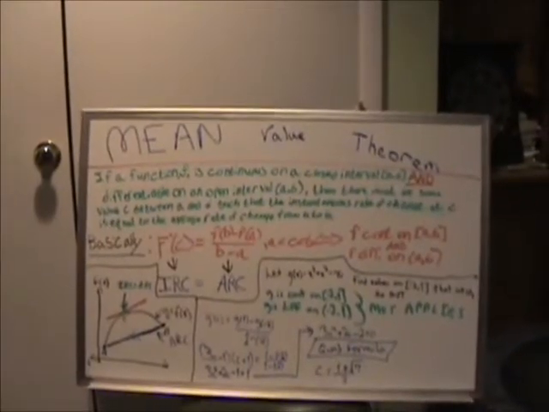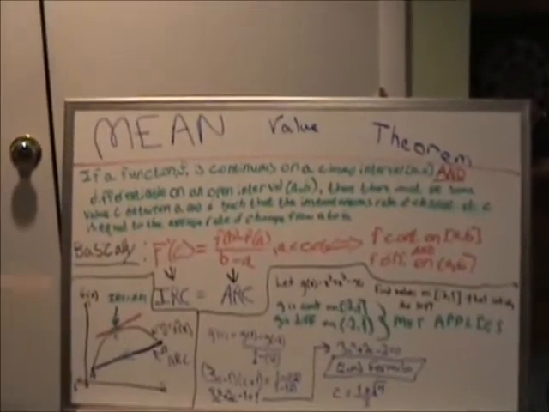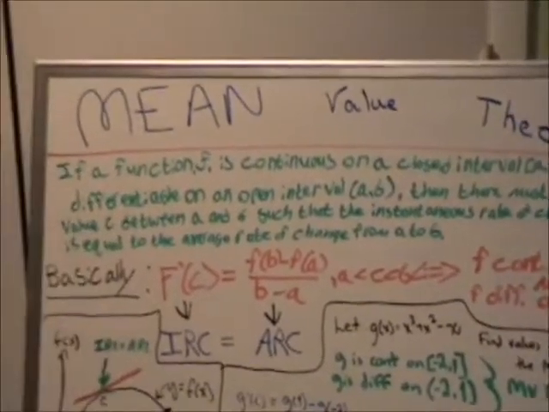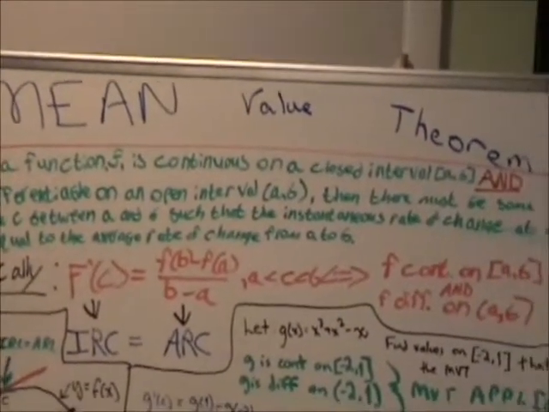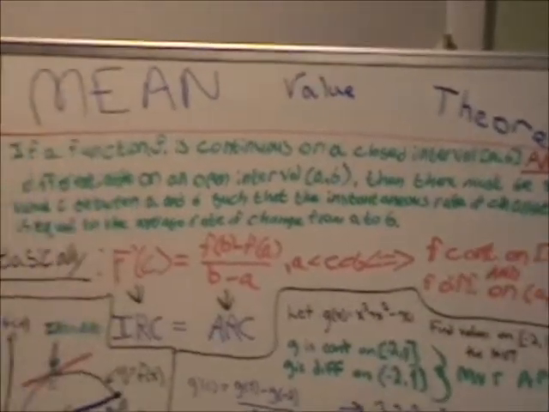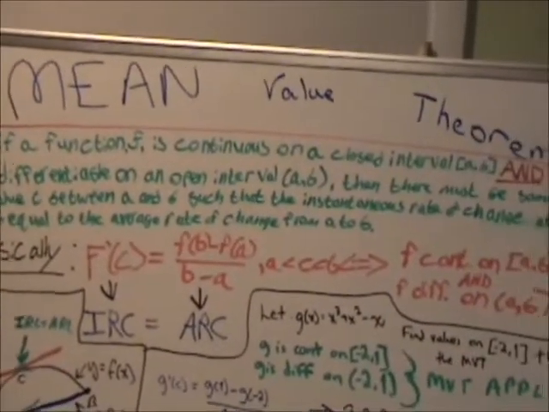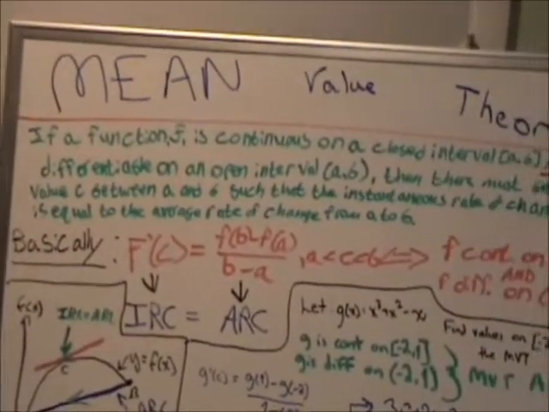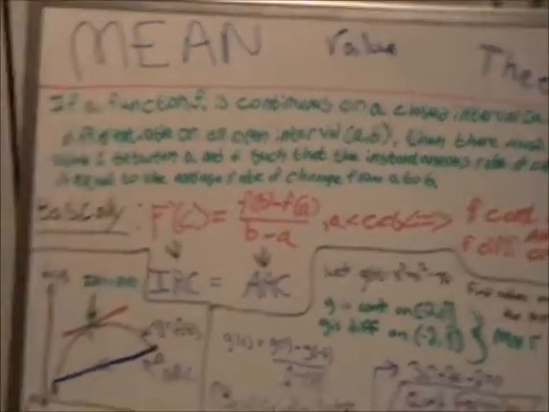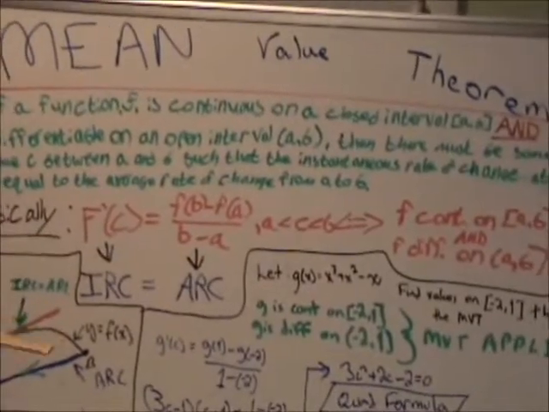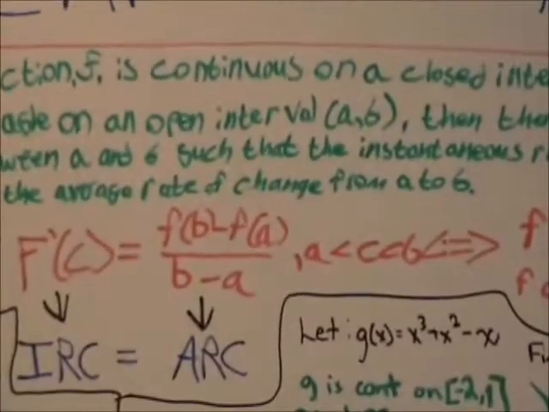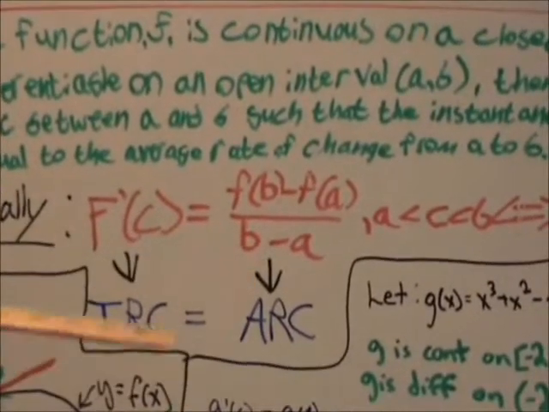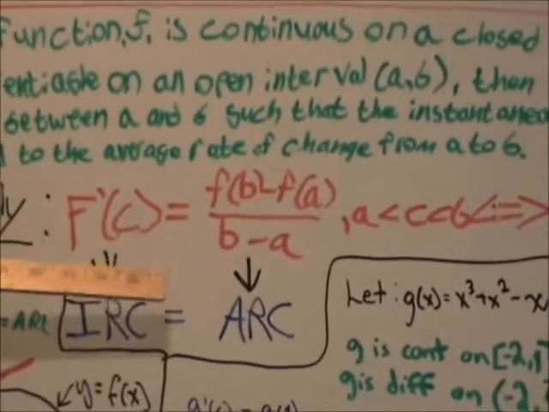We're going to talk about the mean value theorem, which states if a function f is continuous on a closed interval [a, b] and differentiable on the open interval (a, b), then there must be some value c between a and b such that the instantaneous rate of change at c is equal to the average rate of change from a to b. So in simple terms, f prime of c, or the instantaneous rate of change, is equal to f of b minus f of a over b minus a, or the average rate of change,